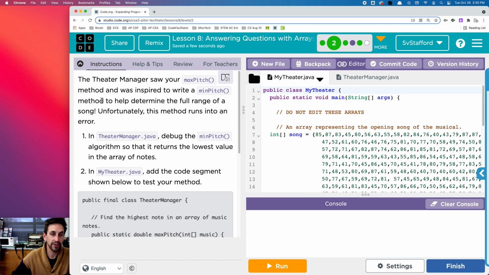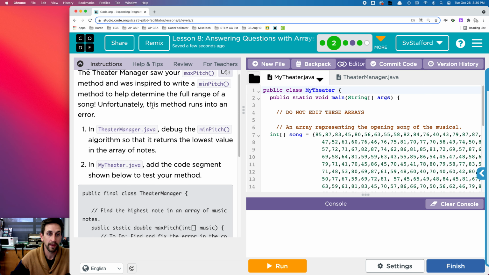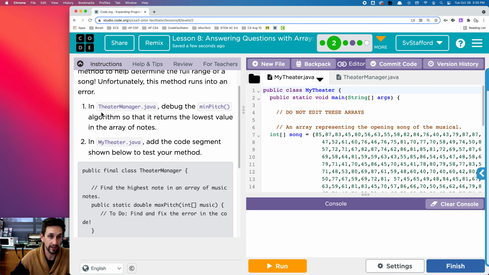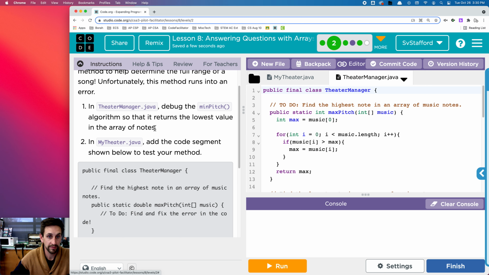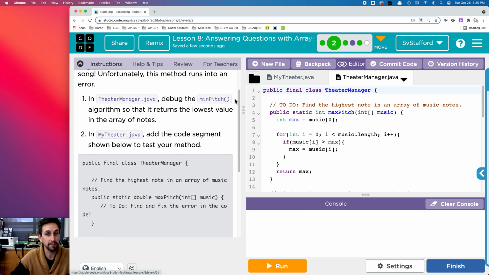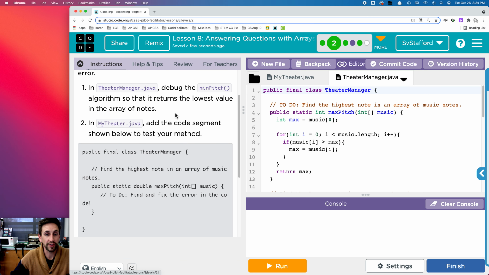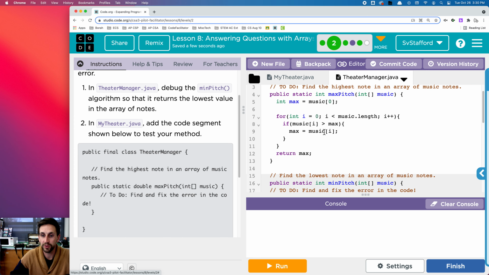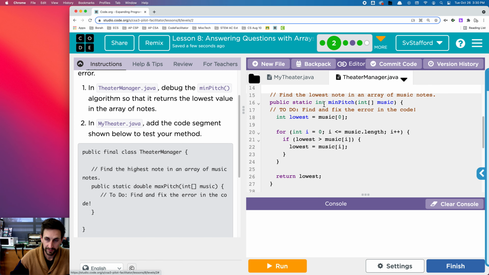The next level, the theater manager saw your max pitch method and was inspired to write a min pitch method to help determine the full range of the song. Unfortunately, the method runs into an error. So in TheaterManager.java, debug the min pitch algorithm so that it returns the lowest value in the array. So we've got to find the minimum pitch, or min pitch,